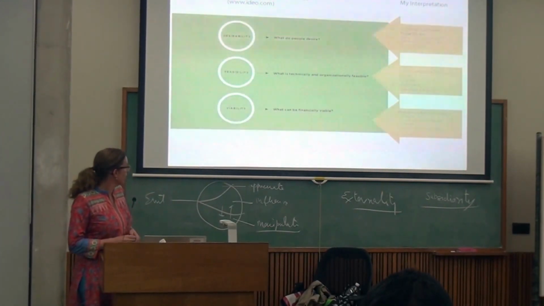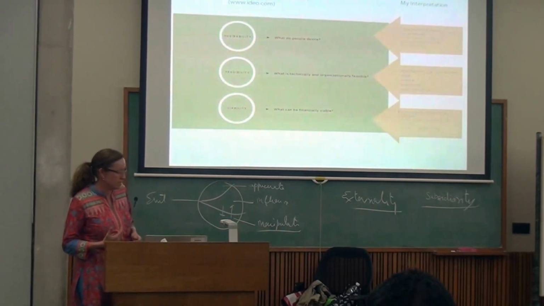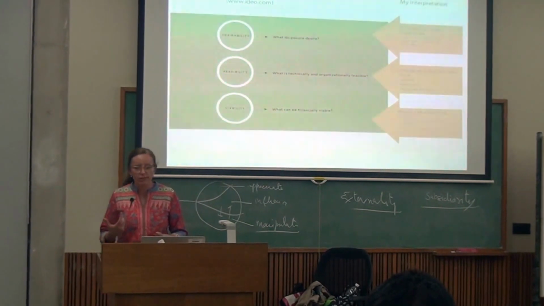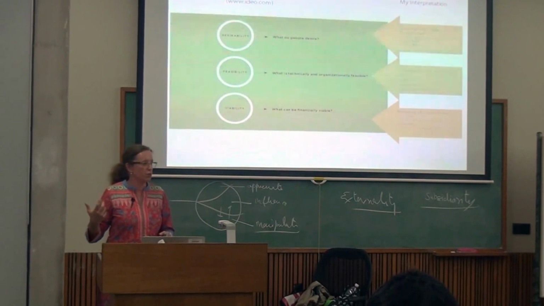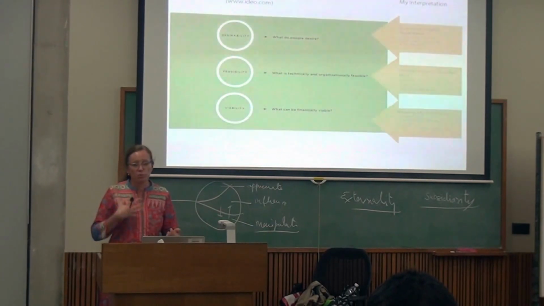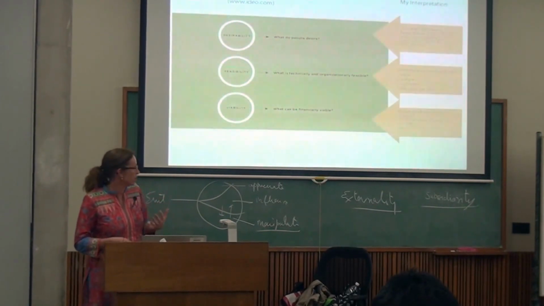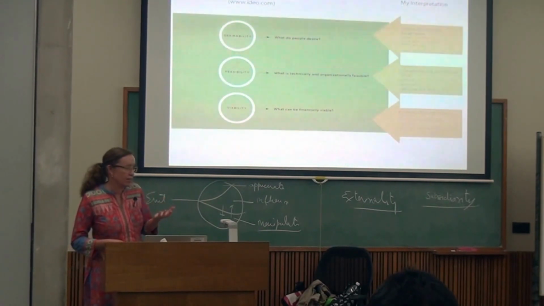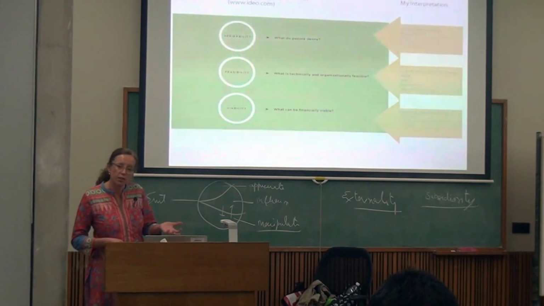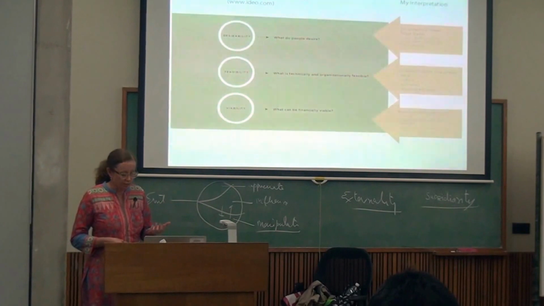And the final part of the user-centered is the viability. So is the project going to be really viable? Not only do people want it, can they afford it? Do they need finance to purchase it? How viable is it going to be? So these are kind of the three stages. Understanding what people want, understanding what is technically possible in that scenario, and then finally what can be financially viable.